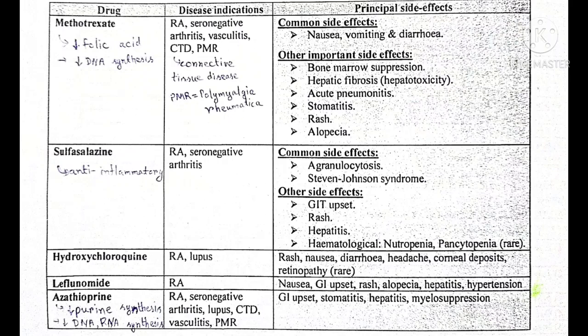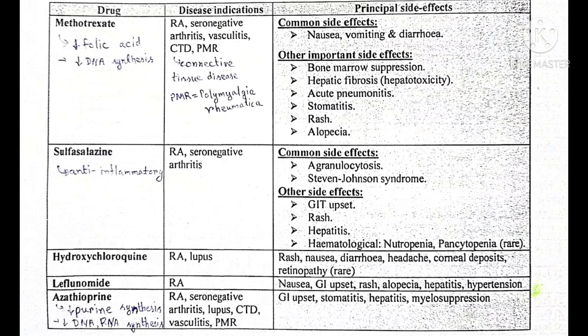Disease modifying anti-rheumatic drugs or DMARDs. These drugs have a delayed action and must be taken for weeks or months before benefit occurs. Their precise mode of action is unclear. Nevertheless, such slow-acting drugs can reduce clinical signs of inflammation and improve or normalize objective parameters of the acute phase response.